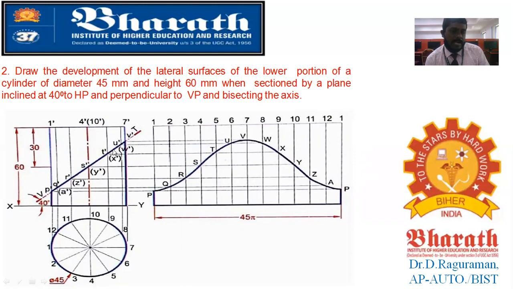Whatever the cut points you have, the same cut point and parallel line you are going to put on the respective generator lines. You had 12 divisions, so while unwrapping, you are also going to divide that circumference rectangle. You had the circumference length as well as the height of the cylinder. On this rectangle, you are going to divide this circumference length into 12 divisions.